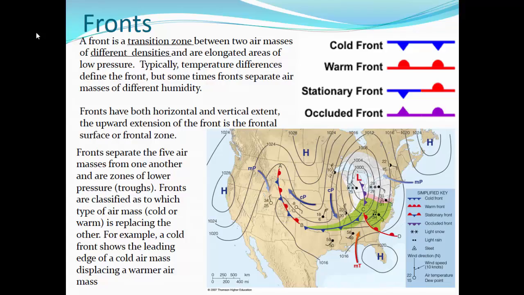So if we look back at our surface weather map, our warm front is moving from the southwest to the northeast, just basically on top of that area of high pressure with that clockwise flow around the high pressure, pushing that wind to the north from the south and southwest, and it's moving off toward the northeast. So our pips on our warm front are showing the front moving to the northeast,